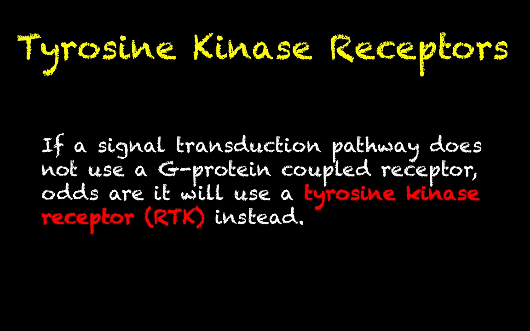In our previous video we talked about G-protein coupled receptors and how that is a very common signal transduction mechanism used in a variety of different signaling pathways. For the vast majority of processes in physiology that we're going to be talking about in this course, we're usually going to be talking about G-protein coupled receptor pathways, but the purpose of this video is to introduce you to another fairly common signal transduction pathway, which is the tyrosine kinase receptor, or RTK pathway. Not going to be quite as common as the G-protein coupled receptor pathway, but you will see this from time